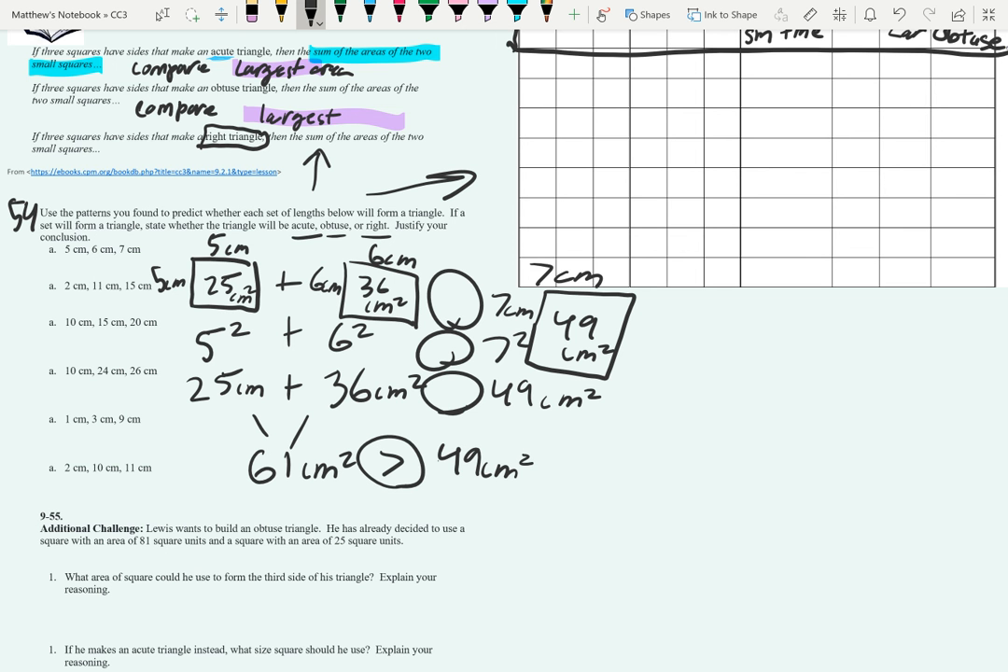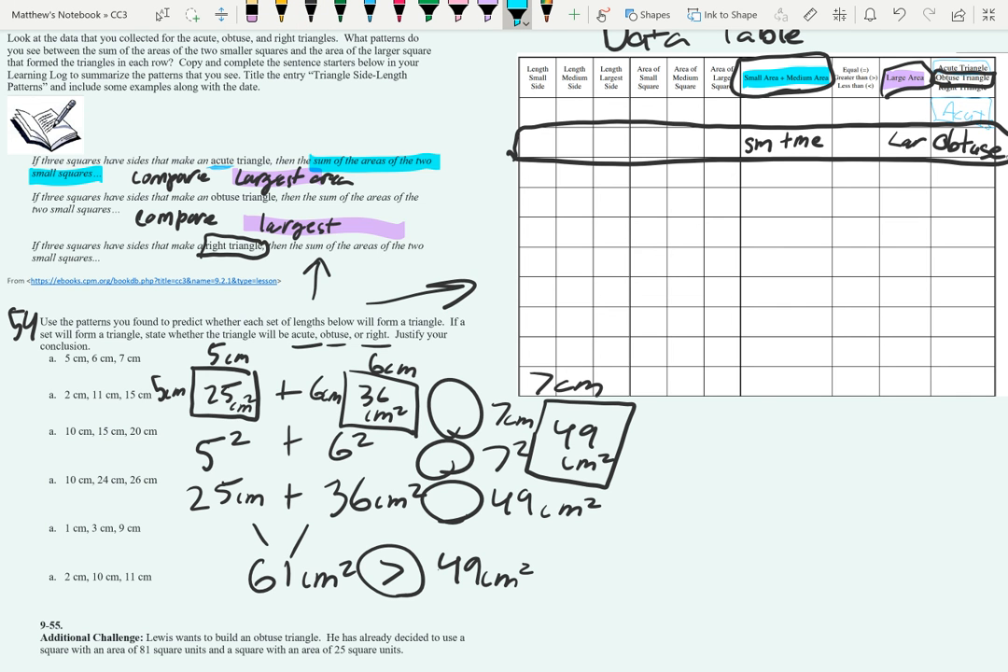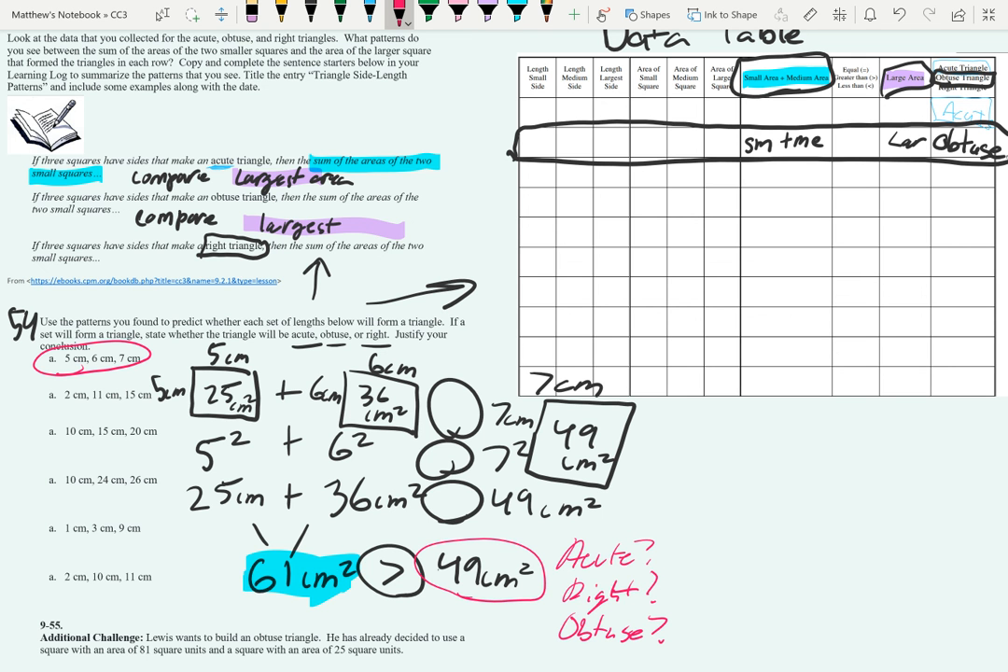So going up to our learning log and going up to our data table, when the sum of our two smaller areas, our two smaller sides, is 61 centimeters squared, and it's greater than the area of our largest side, then what is the case? Is it acute? Is it a right triangle? Or is it obtuse? All right, so that's how you would answer that first question there, and then you can